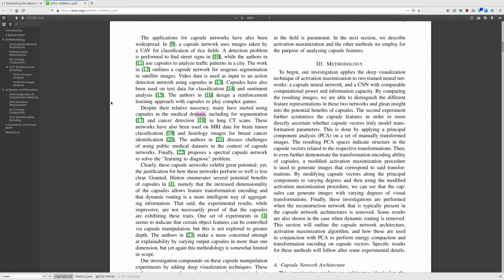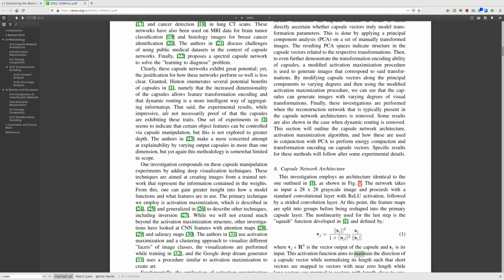Detection problems were found to find street signs in 10, while authors in 11 use capsules to analyze traffic patterns and density. The work in 12 outlines a capsule network for seagrass segmentation and satellite images. Video data is used, and so on. Despite their relative nascency, many have started using capsules in the medical domain, including segmentation, cancer detection, CT,